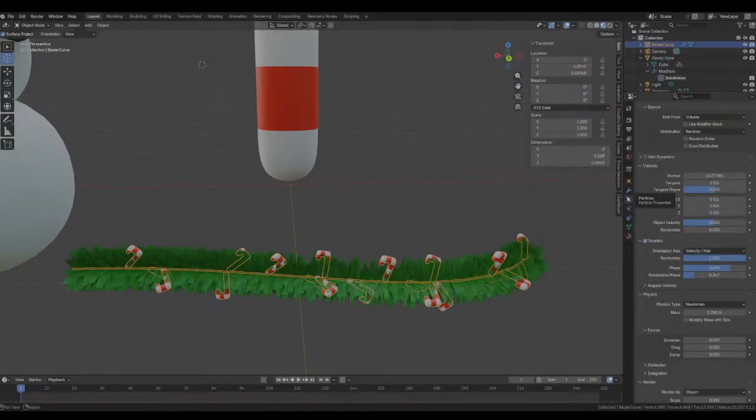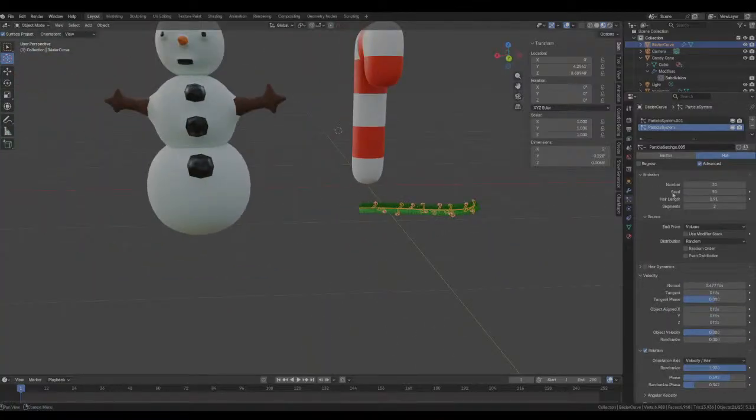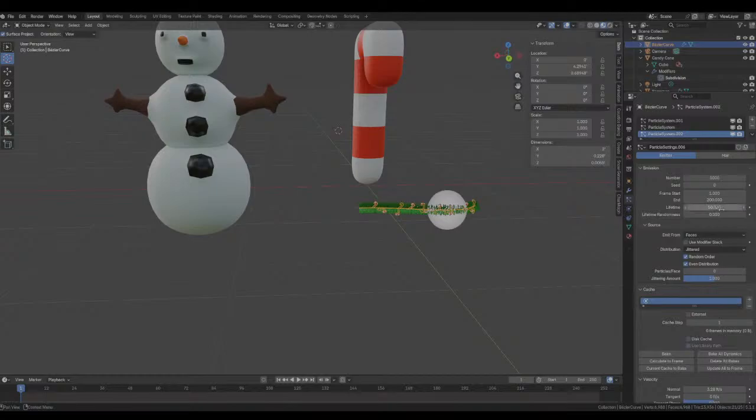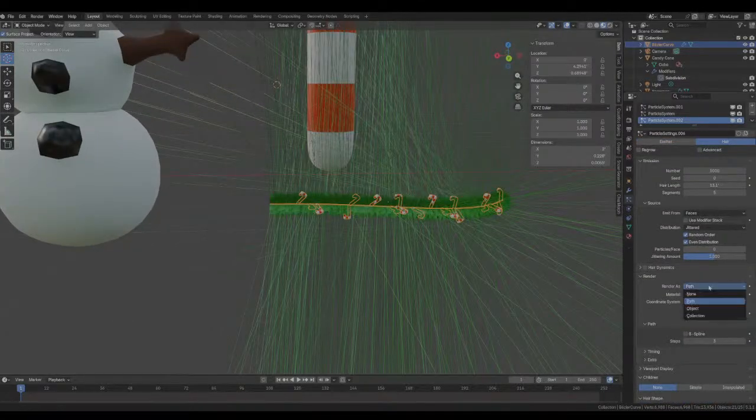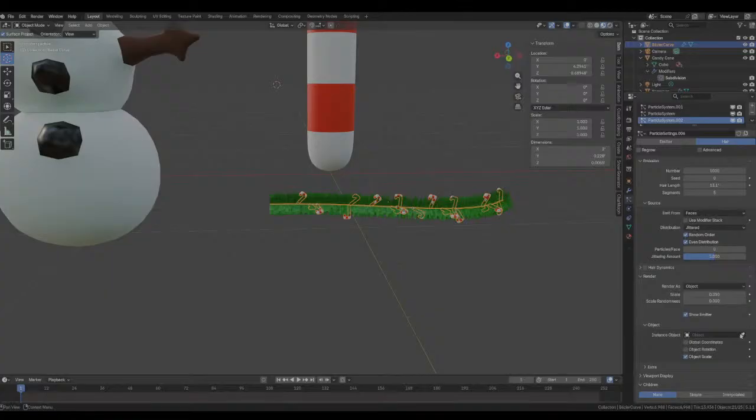You could also do another particle system here. Function.